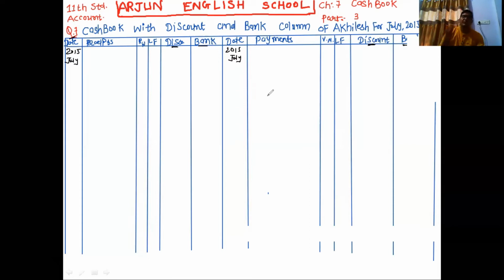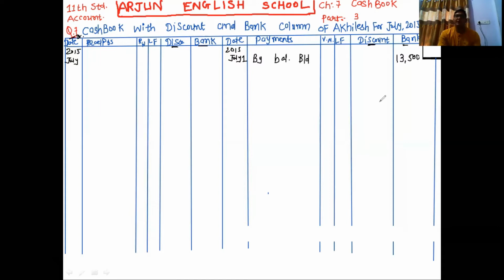13,500. Here bank overdraft is given and bank overdraft has a credit balance. Here it is a debit and here it is a credit balance. Bank overdraft has a credit balance, so we have to write down on the credit side, date 1, by balance brought down, and in the bank column we have to write down the opening balance